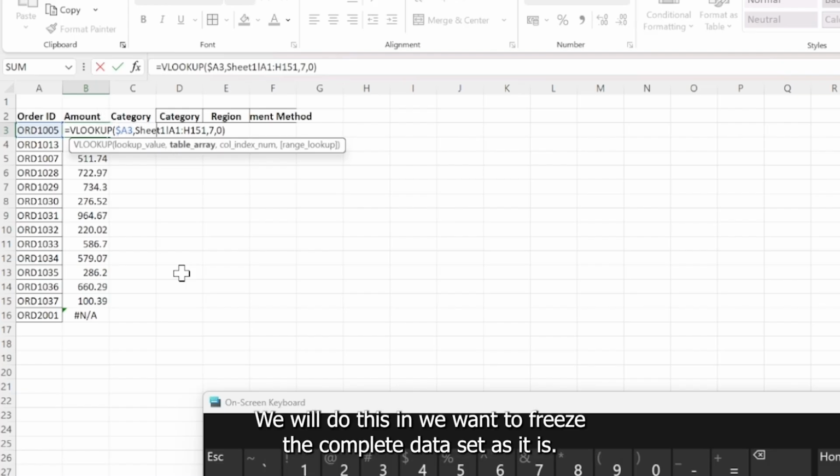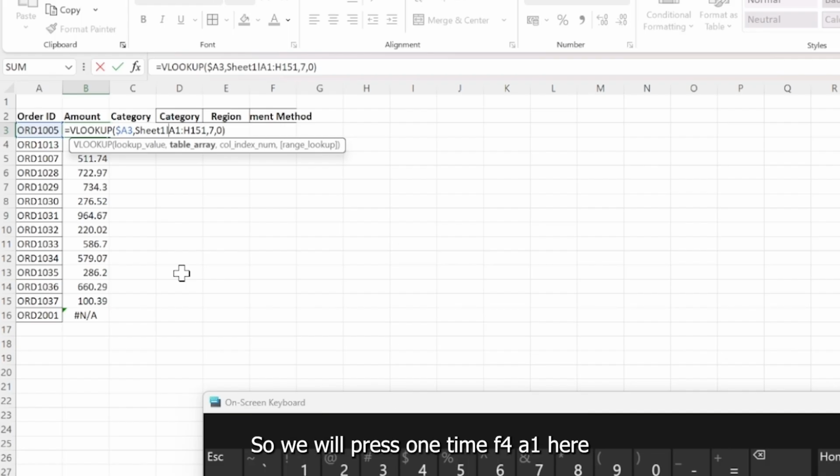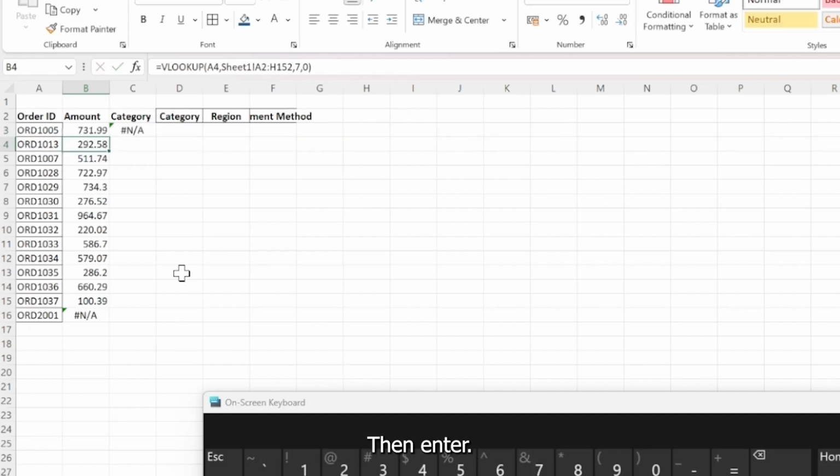And we want to freeze the complete data set as it is. So we will press F4 one time, A1 here and for H1 also. Okay, like this and enter.